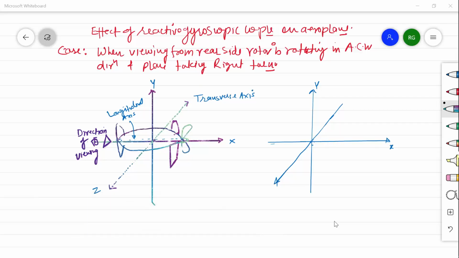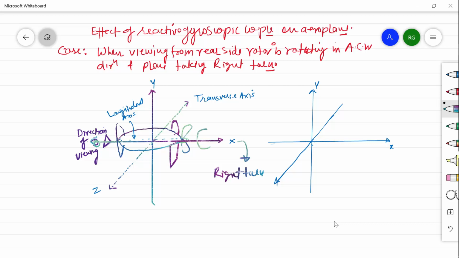Welcome back. In this lecture, we are going to discuss the effect of reactive gyroscopic couple on an aeroplane. When viewing from the rear side, the rotor is rotating in anti-clockwise direction and the plane is taking a right turn. So this is the situation: the plane is taking a right turn, and this is our direction of viewing. When viewed from this side, the rotor is rotating in anti-clockwise